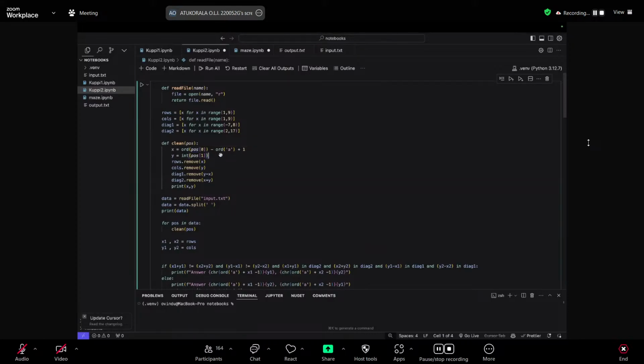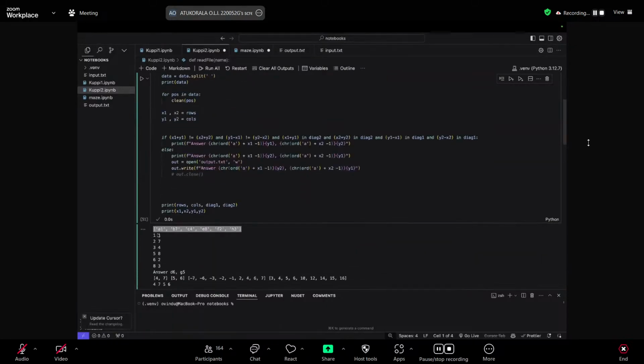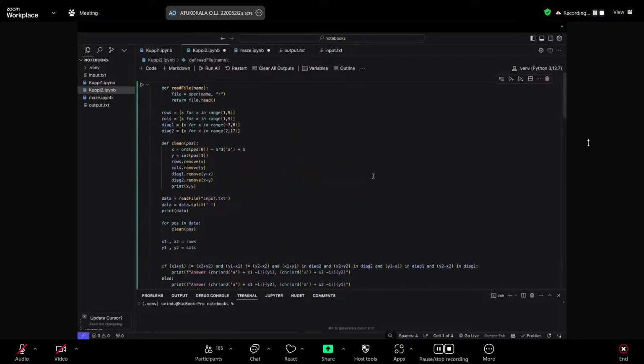So one thing you have to remember is the first value of this position is a letter. So now we are going to come across the issue, how are we going to convert a letter into a number? So again, Python has inbuilt functions for that. If you all know, if you don't know, just look it up. It's called ord and chr.